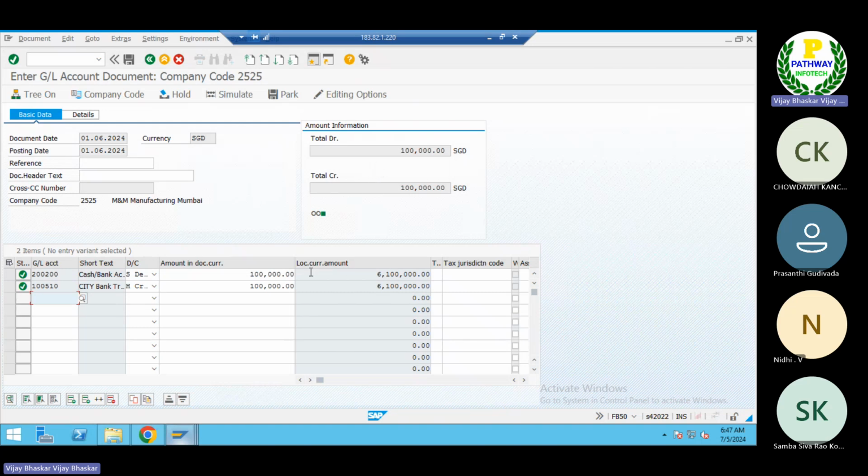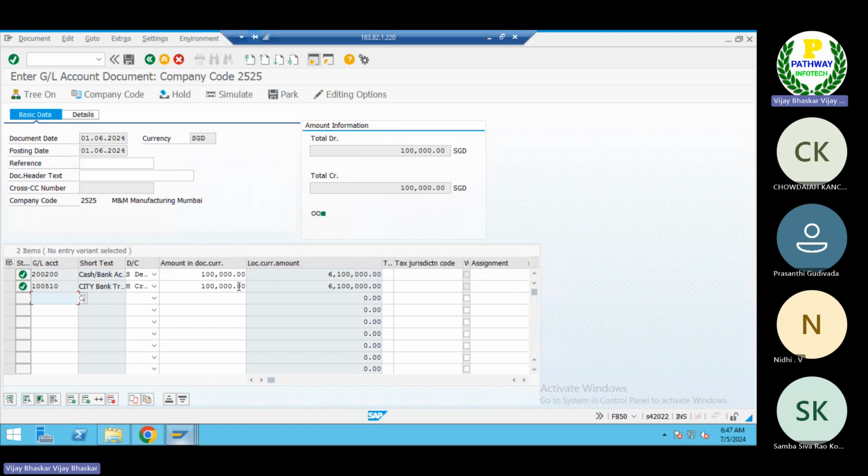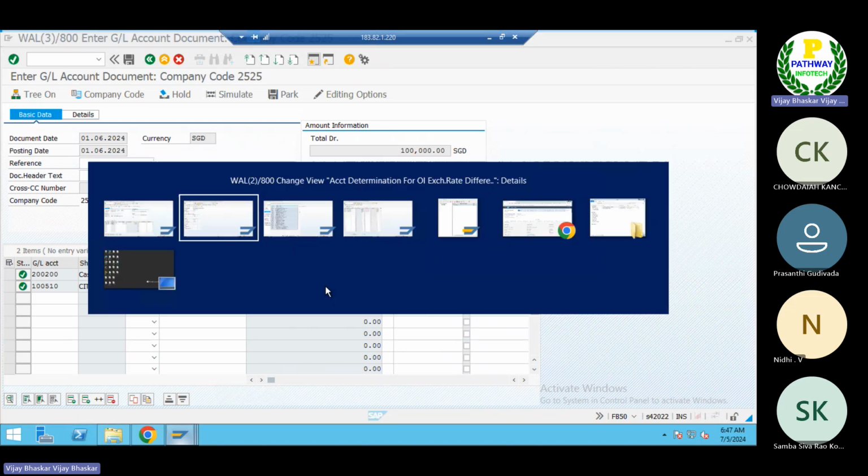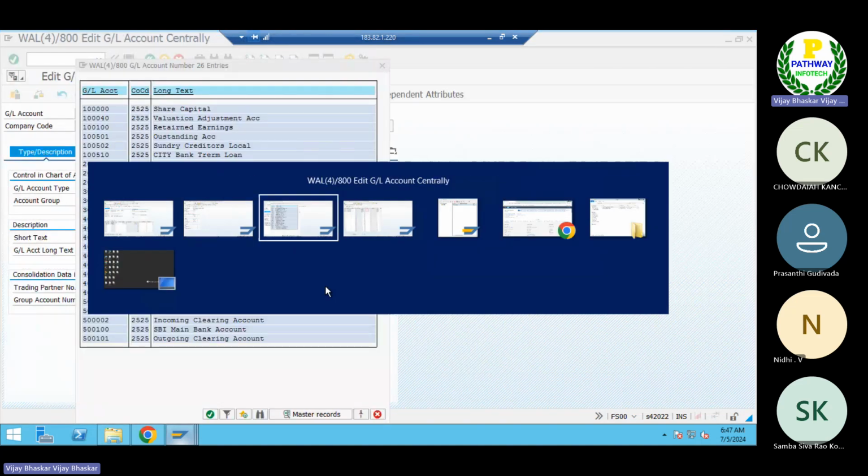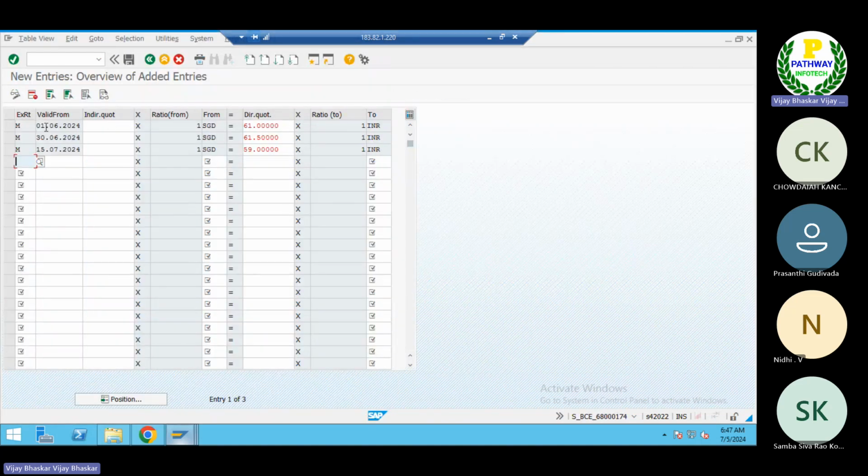Now Singapore dollars, which you can see here. You can see how the system has converted the amount of 1 lakh Singapore dollars. It has become 61 lakhs in your local currency. Now let us have a look at the exchange rate table. Did it determine the same rate or not?